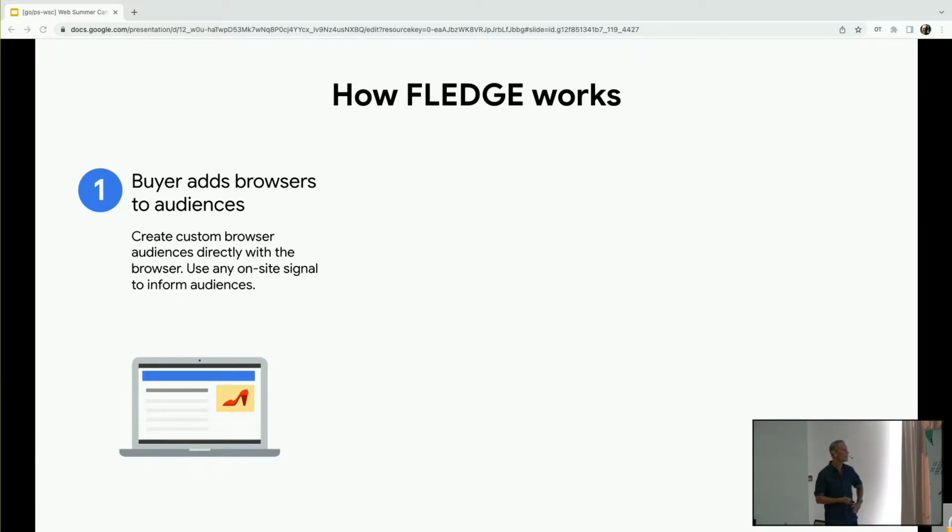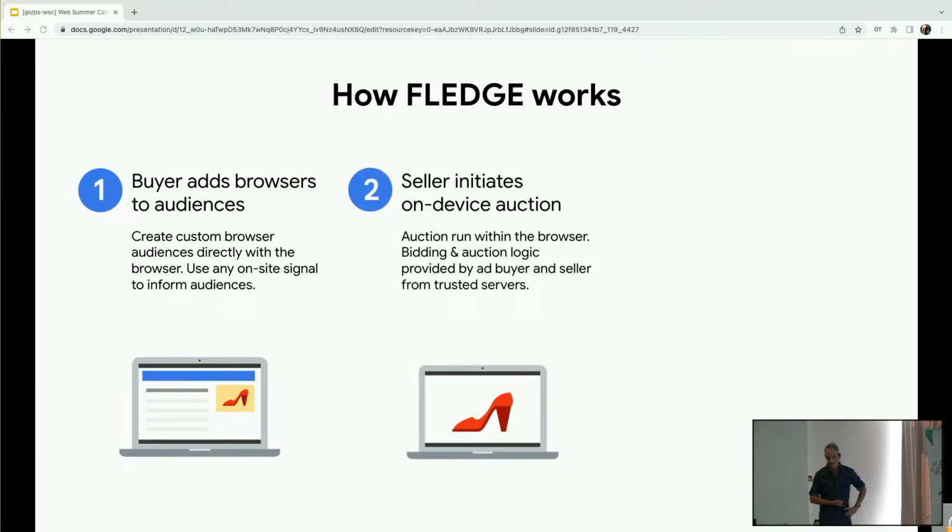Now, at some point, an ad seller will want to initiate an auction. Imagine you're on a publisher site, like a news website. There's an ad slot. An ad seller, which might be a sell-side platform or the publisher itself, initiates an ad auction to choose the best ad for that slot.